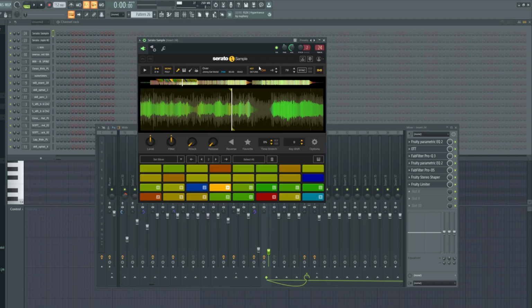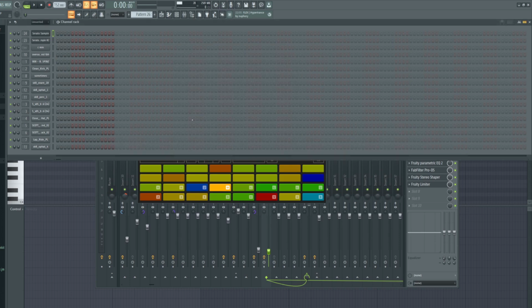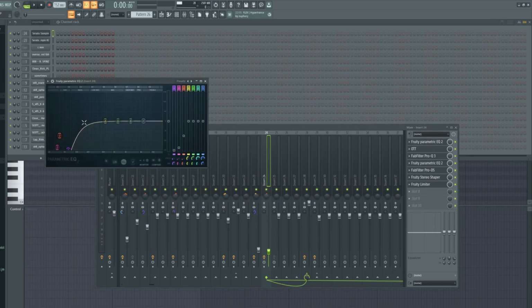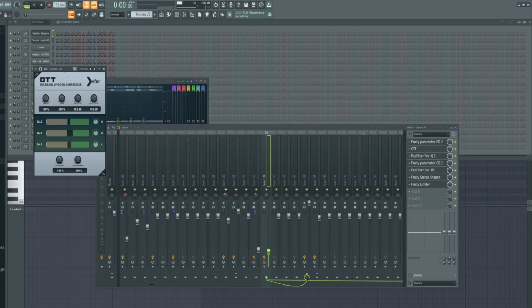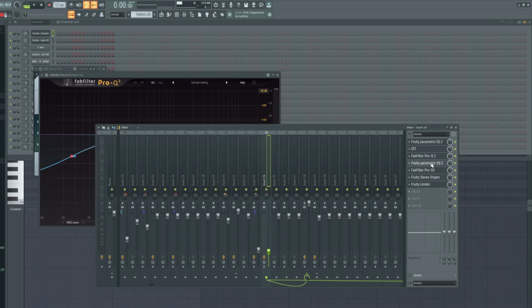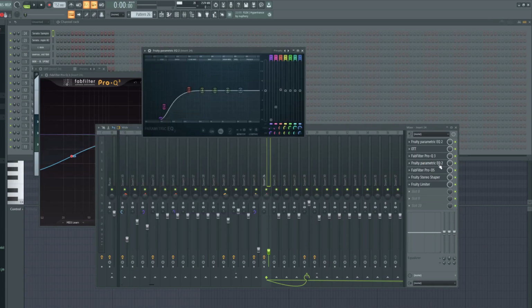So yeah, basically just using Serato Sample, I've pitched the sample up 6 semitones. And that's the first line of the vocals. In terms of the effects, I've cut out the low end here. Then we've got the OTT again. We've got the side EQ, just cutting out the bass. And then we have